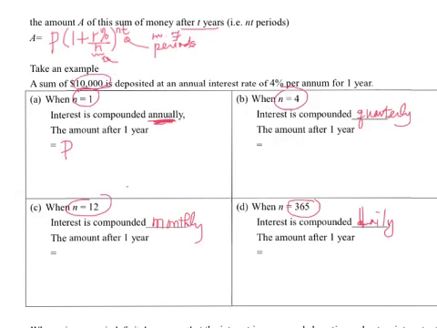10,000 here. The interest rate is 4% per annum. Now we put it in the bank for 1 year only. The interest